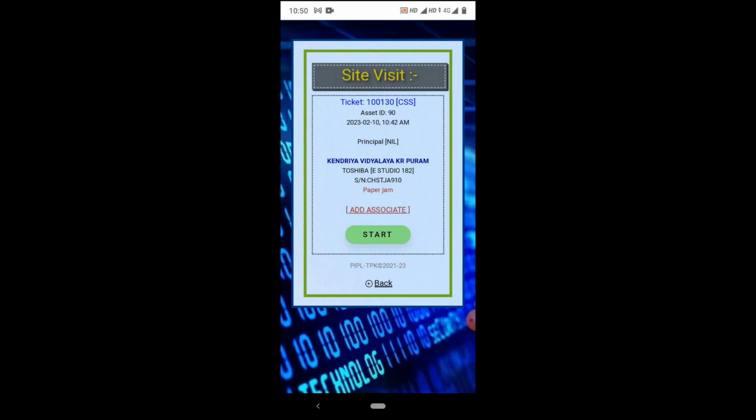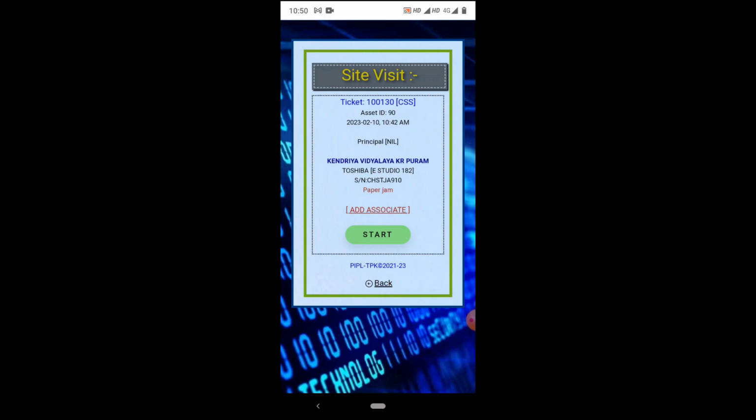So in the next screen, all the details will be shown here also. You will get an option to add an associate. So the add associate option can be selected in case you are taking any other person with you for the same call. So once you add an associate, a request will be sent to your associate's reporting manager for approval, and also your associate will get a miscellaneous call request. And a miscellaneous call entry will be created in the associate's name. So once your request is approved, even the associate should start the call in my app.